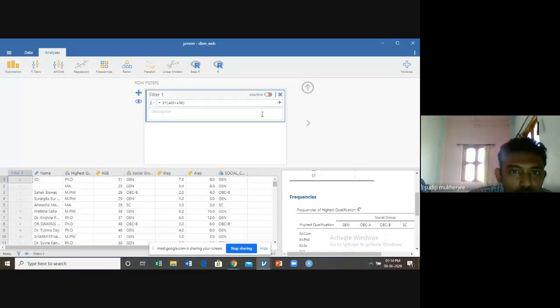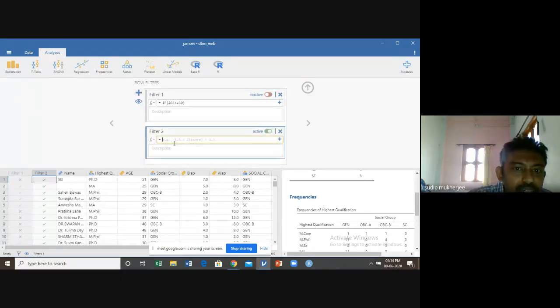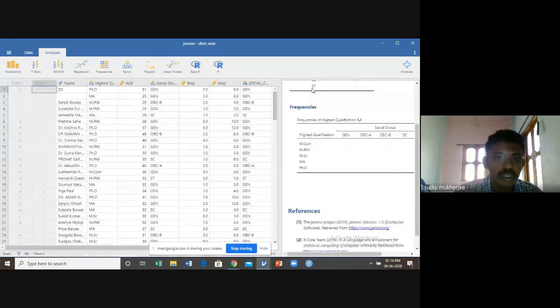If we click on this again, the filter becomes active once more. If you want to add another filter, click on this plus. Automatically another filter option appears, named filter 2. Now our objective is not to use any filter option, so we simply make this inactive.